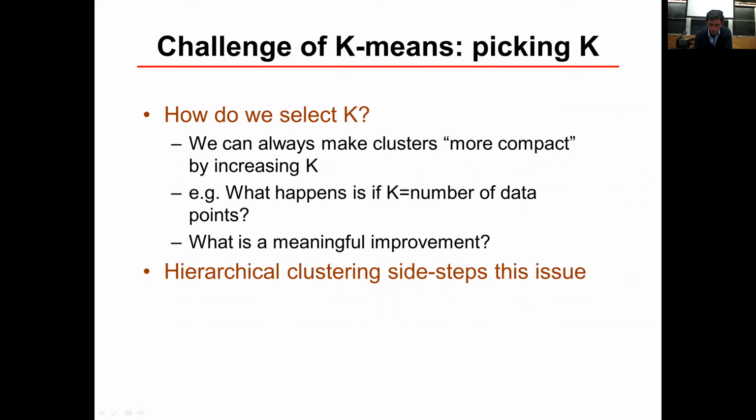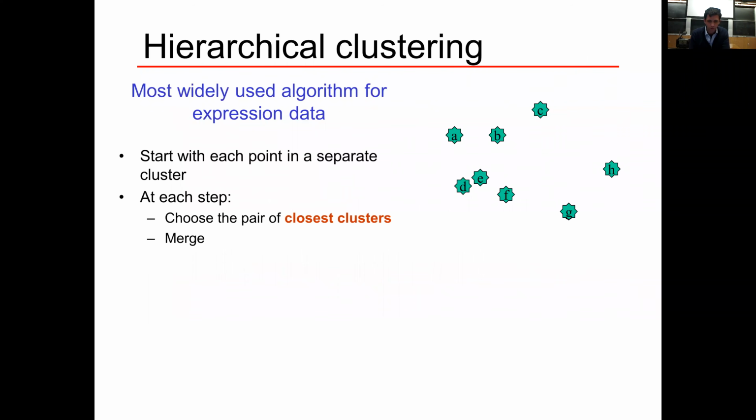So what hierarchical clustering does is that it basically says, let's just ignore that. Let's simply start with every point being its own cluster. And at every step, choose a pair of clusters, initially points, and then groups of points, and